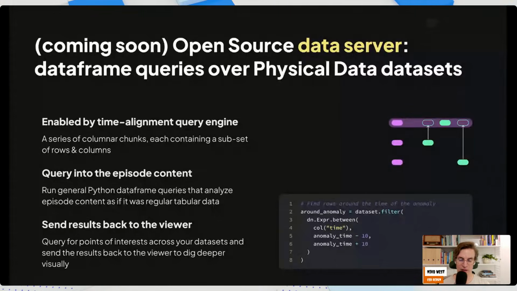You can really build some super powerful interactive workflows like that. So this is coming soon to open source. What we're doing here is developing these features for the commercial product, and then bringing them back to the open source community as they grow a bit.